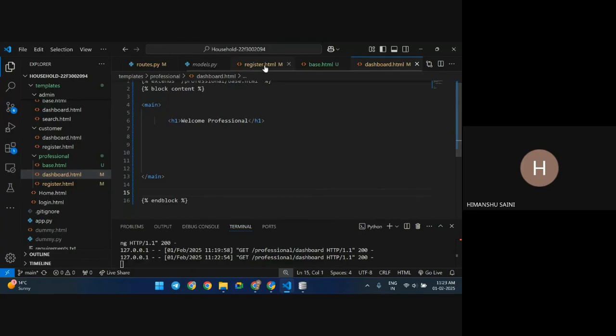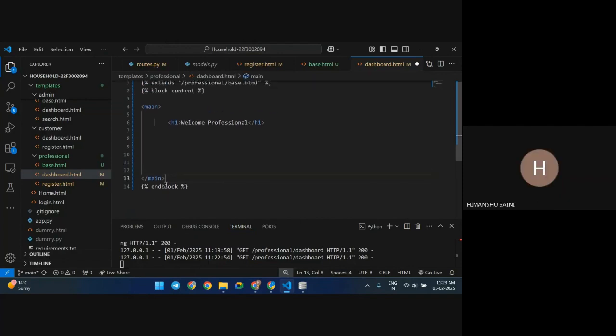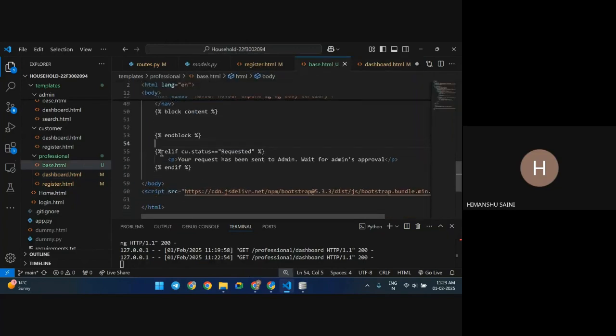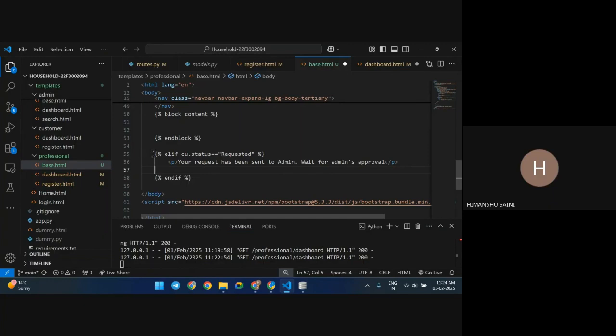Now, in every part, we have to do this for the customer also. Suppose the customer will be active and flagged, but the professional will be active, requested and flagged. So I have to do one more thing here. If the current user for this base.html is a requested professional, then this will show. Otherwise, I have to do one more elif. If he is flagged by admin, I'll say